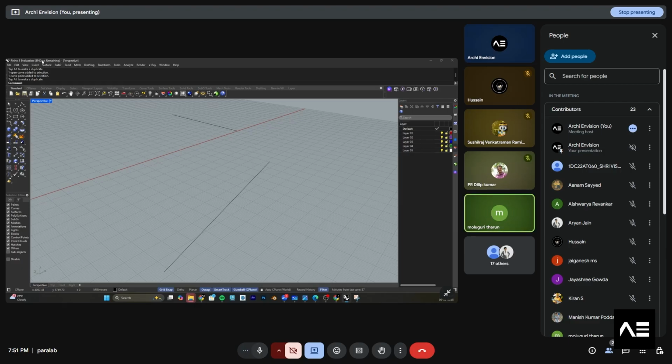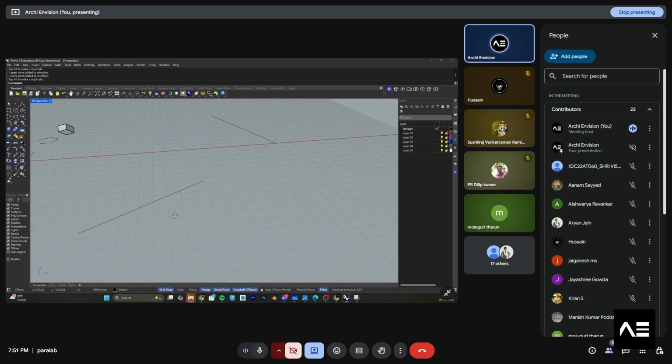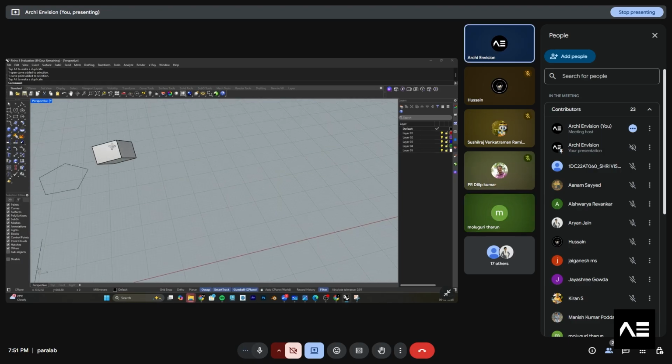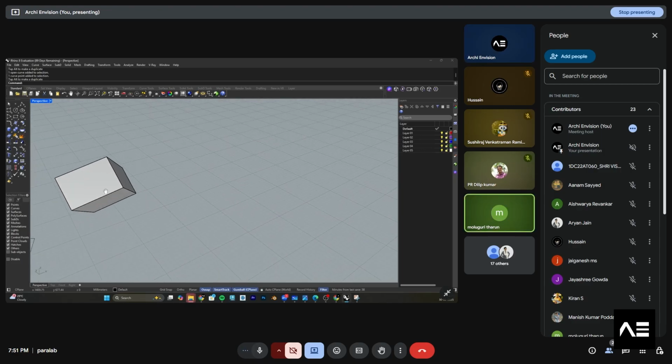Can I show once how you got this grid snap in the 3D model? Grid snap in the 3D model. So grid snap is nothing but it will snap along the grids. For example, there is a grid over here, right? Yeah, I understood that. But just now you have rotated that cuboid, right? Yeah. How do you get that?